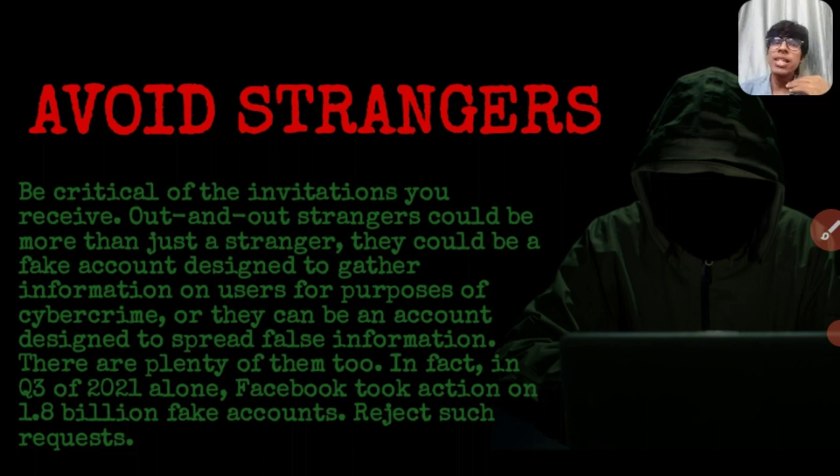Otherwise simply reject it. Avoid strangers. Suppose you are making a friend as strangers, and not every stranger is bad, but some are bad. Someone will make a friendship with you, they can share a link, and if you open that link, I don't have to explain what a link can do. A link can simply take the access of your bank account. A simple link, even I, a beginner, can make a link that, if you click on it, every privacy is ended.